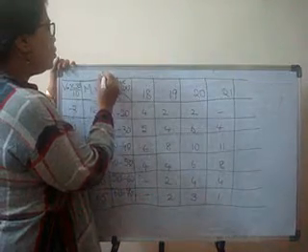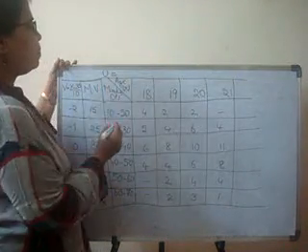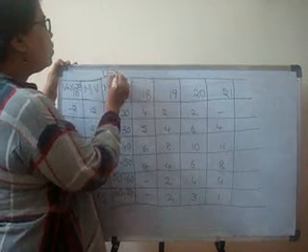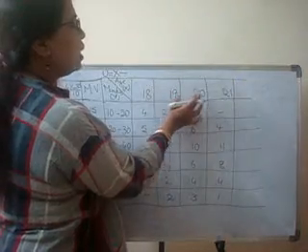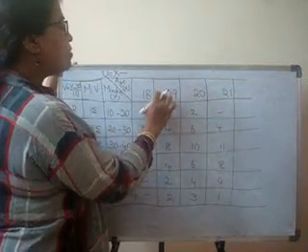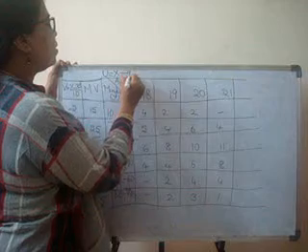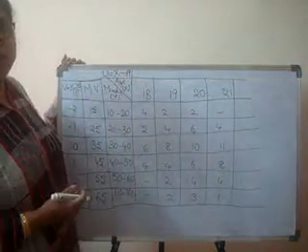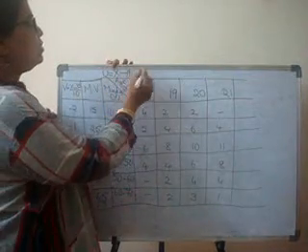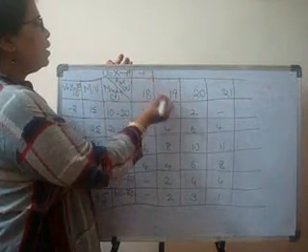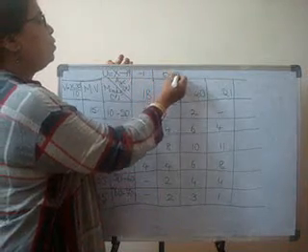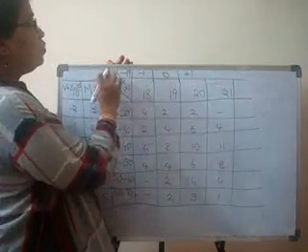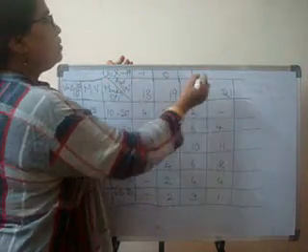We will take deviation here also. U is equal to x minus the middle one here, either 19 or 20 we have to consider. We consider 19. And the class interval is 1. Divided by 1, it doesn't make any difference. So, 18 minus 19 would be minus 1. 19 minus 19 would be 0. 20 minus 19 would be plus 1. 21 minus 19 would be 2.